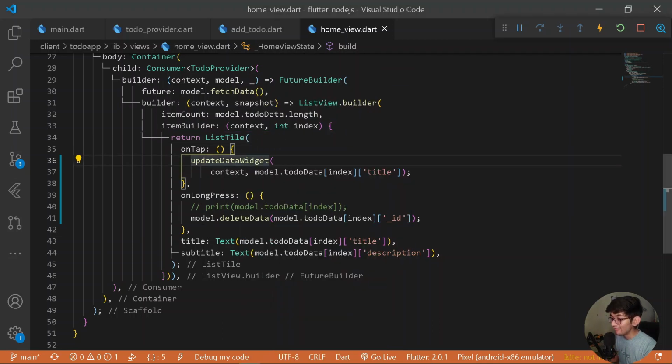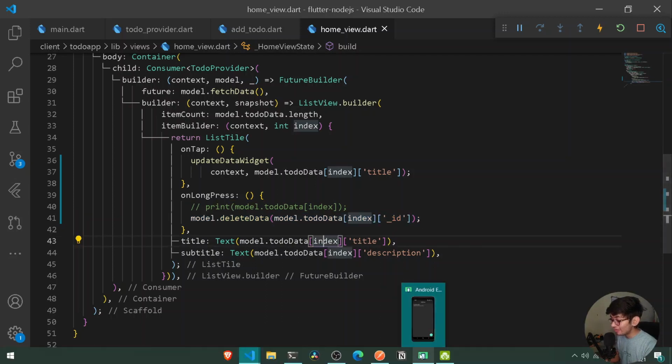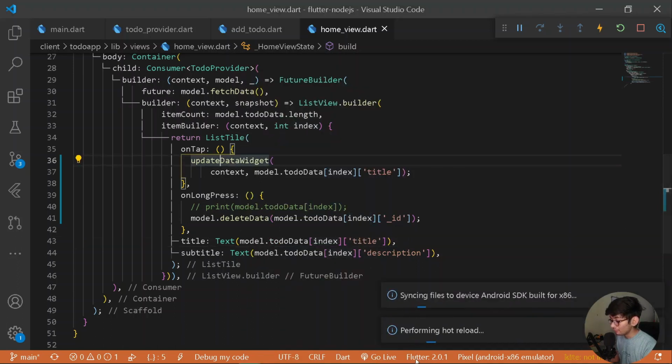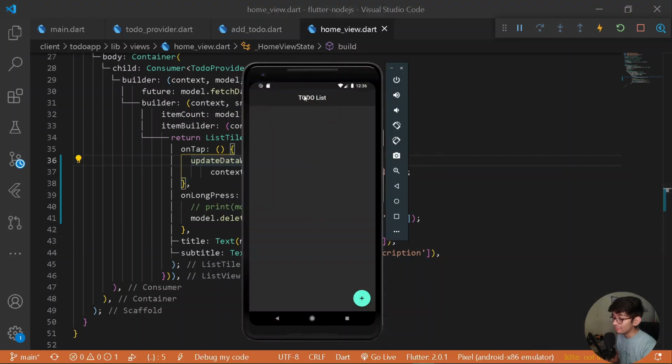The mistake that I was doing here is that I copied the entire thing and the model was deleted as well, and that's why we were receiving the error of future dynamic can't be assigned to a string, because we already deleted the entire thing and we tried to update the same thing that we had deleted. Just a bad mistake, no worries. So in this way we have successfully added all the functionality, and if I long press over it, the following thing will be deleted after pressing Ctrl and S, because the following methods are future.